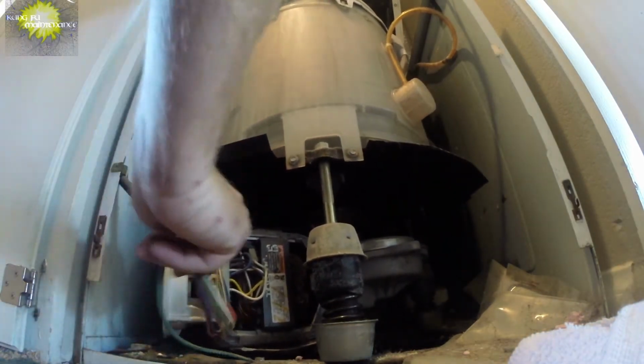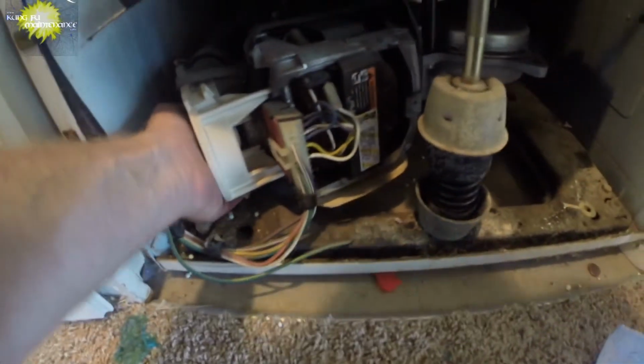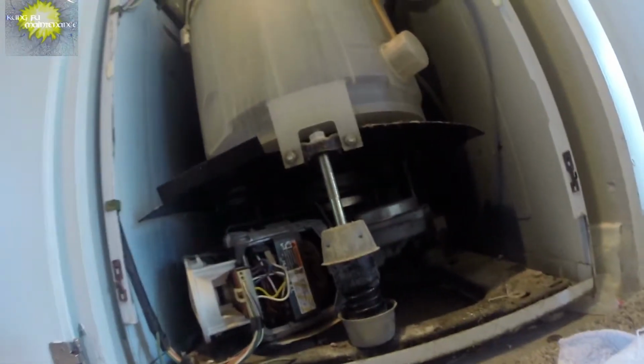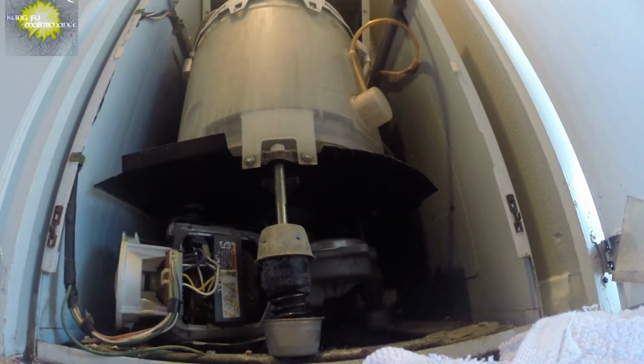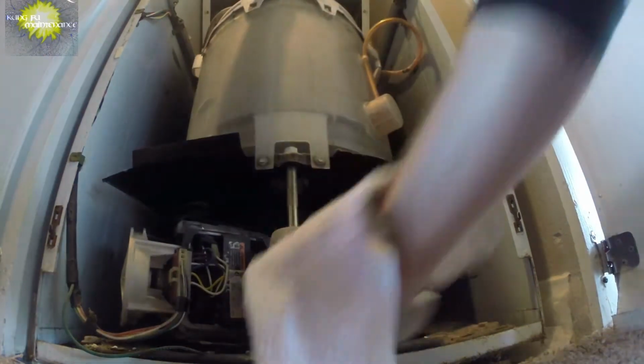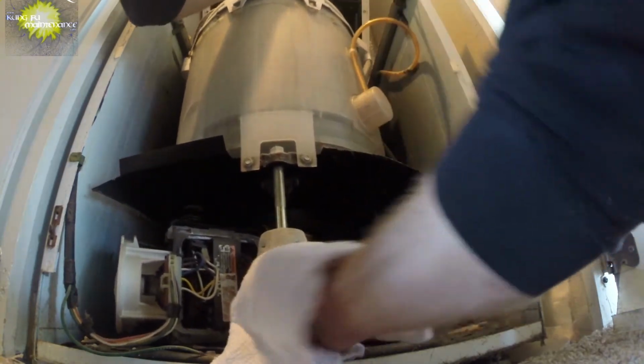If that doesn't work, what you've got is bolts that bolt this entire plate in. There's one here, and I believe there's one on the other side as well. And then you can move the whole tray out. You have to disconnect the hoses from both sides and remove the whole thing out as one unit. Pull your disconnect wire for the motor. And then these are mounted underneath, and it's a heck of a headache to change them. So I'm hoping that we can possibly...